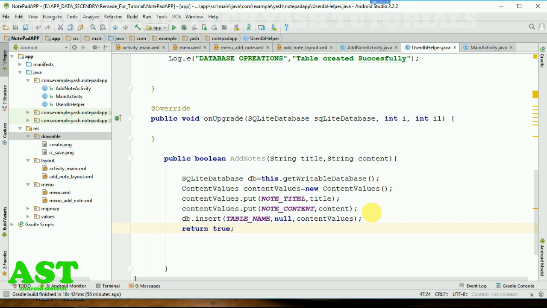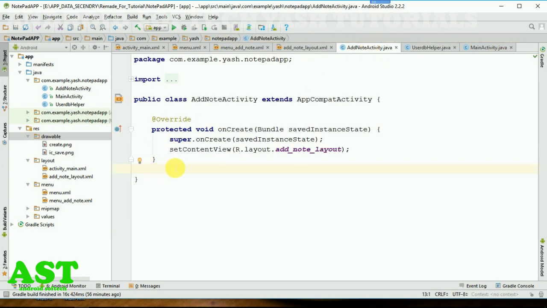गाइज यहाँ पे हमने मेथड को क्रिएट कर लिया है और ऐड कर लिया है हमें अपने नोट्स को एसक्यूएल डेटाबेस में सेव करने के लिए। इसके बाद गाइज हमें मेथड क्रिएट करना होगा, जो कि एडिट बॉक्स से हमें अपने टेक्स्ट को लेके एसक्यूएल डेटाबेस में सेव करना होगा। उसके लिए गाइज हमें एक मेथड चाहिए होगा। अब नाउ वी विल मूव ऑन द AddNoteActivity.java क्लास। यहाँ से गाइज हम अपना टेक्स्ट सेव कराएंगे।